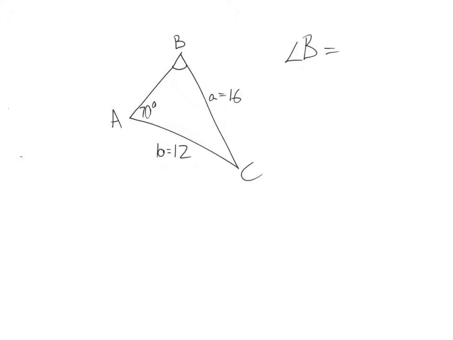All right, so just to make sure everyone's on the same page with this, when you're solving this, again, we know a side and an angle across from each other. So that tips us off that we can use our law of sines. We're trying to find an angle, so we're going to put our angles on top. You're trying to find angle B, so we're going to use sine of angle B over the side across from it we know is 12. And this equals the sine of 70